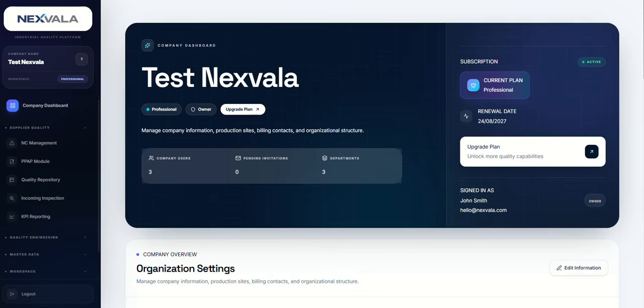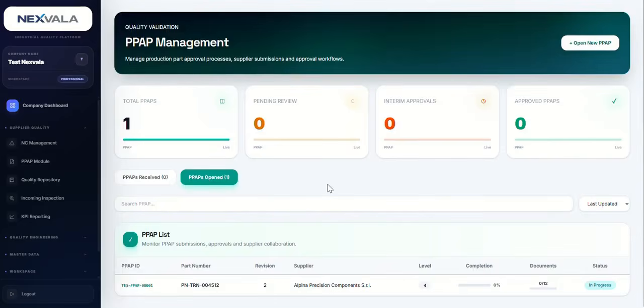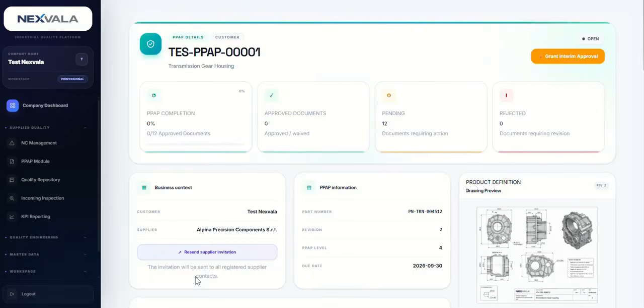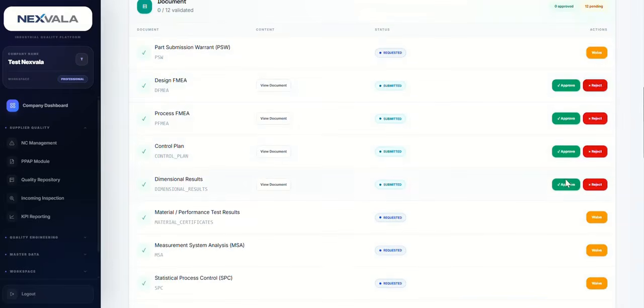So here we are on the customer side to see the visualization of what our supplier has uploaded in terms of PPAP, and to go ahead and accept the forms and possibly waive some forms from the PPAP booklet. And so we enter the PPAP request. We can see here that something has changed compared to before, because I have these 4 documents that have been